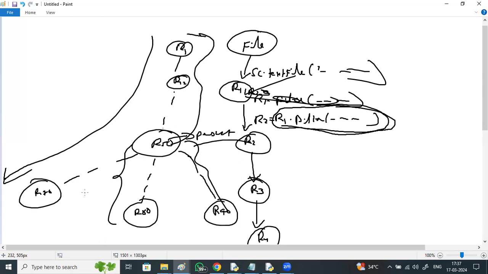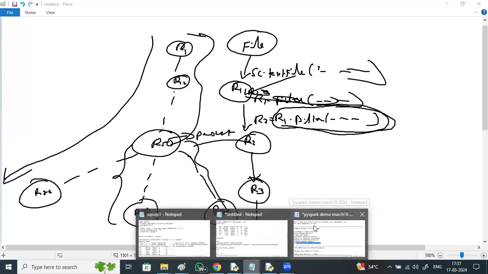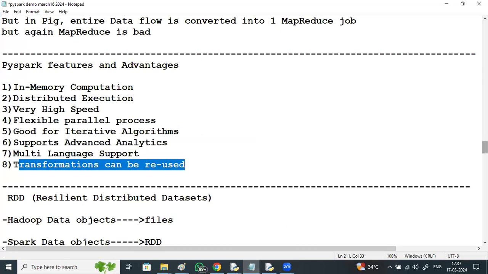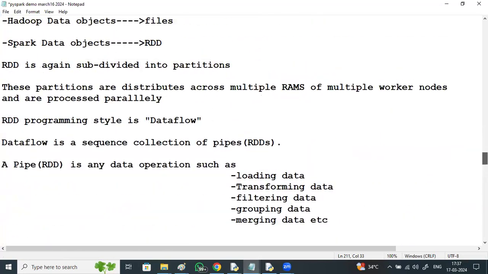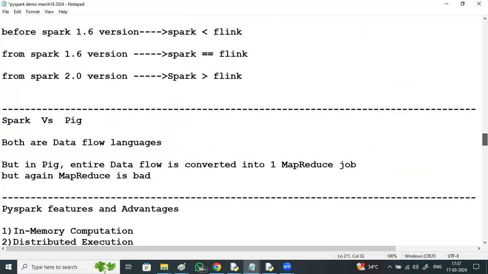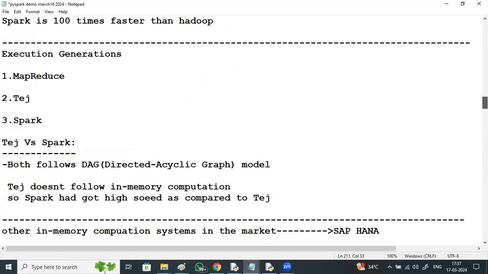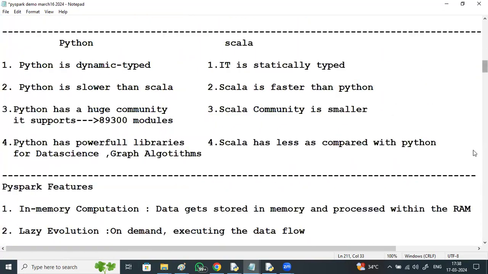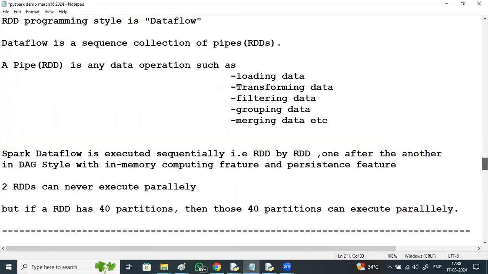So I'll be discussing the actions, transformations and RDD computations, then the fault tolerance model and different ways of creating RDDs. We have a lot of discussion left. I'll discuss it in the next session. So, resilient distributed datasets and the various actions and transformations you can apply on an RDD, I'll continue in the next session.